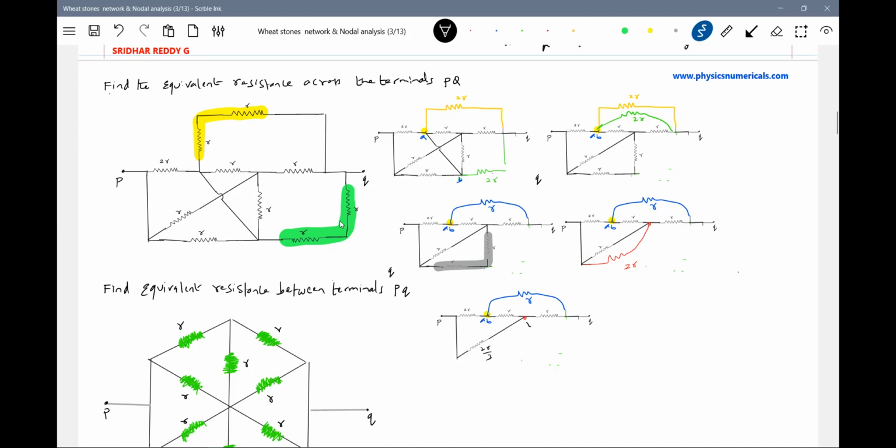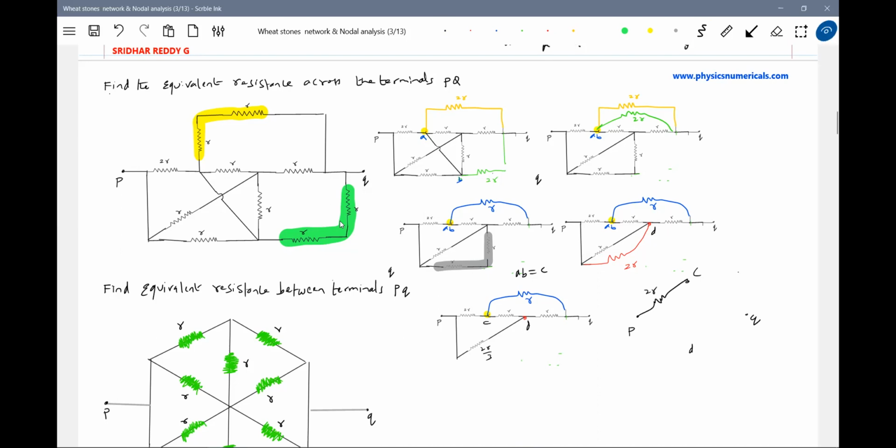Okay, let me call this X. This AB, I'll call it C, where AB has become equal to C. Okay, with this, there are 5 resistors. No, let me try with something. So this is X, or I'll write D. It'll be better. Okay, now this is C. This is a point D, and this is a point P. This is a point Q. Between P and C, there's a resistor.